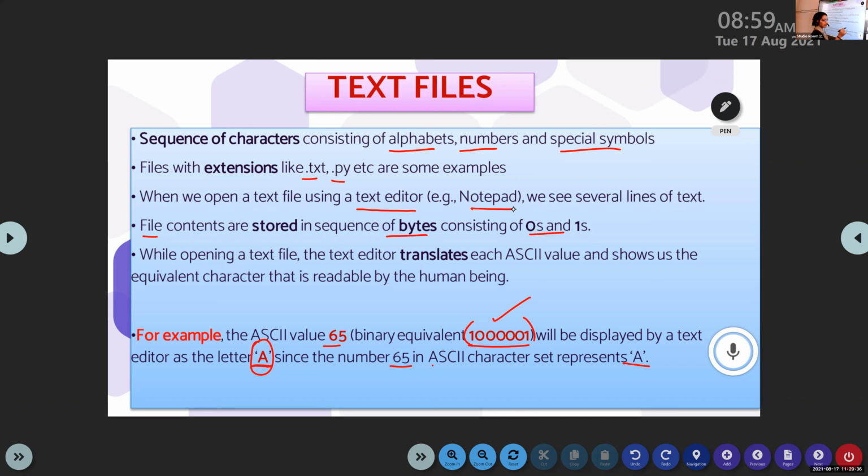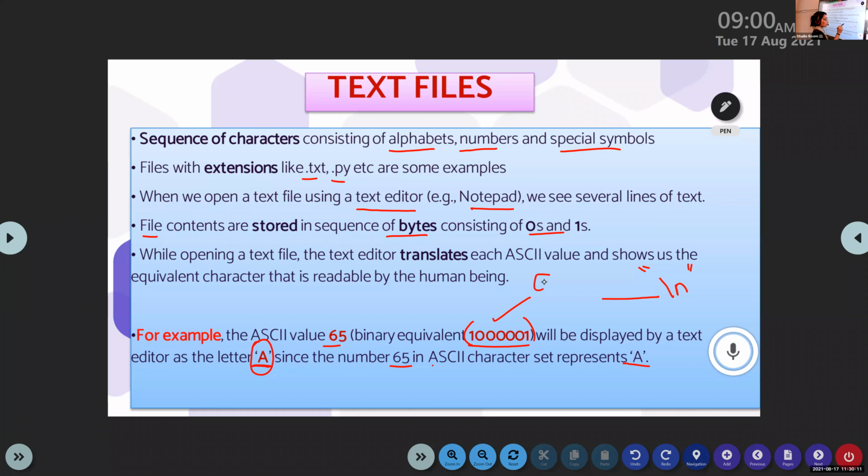What is the meaning of terminated? At the end of each line, there will be an end of line character, which states that the next statement will be executed in the next line. What is the use of that? Tell me. You have learned this. Which states that it is now the end. Next statements will be executed in the next line, isn't it? Yes.